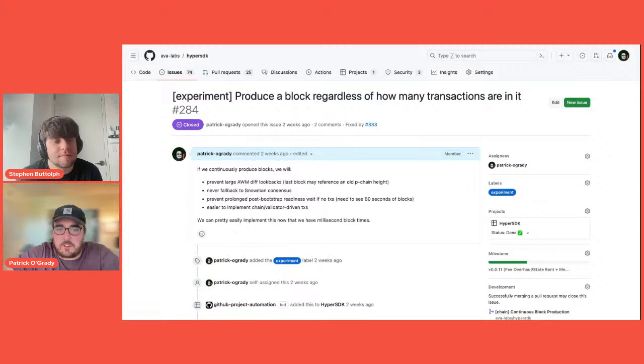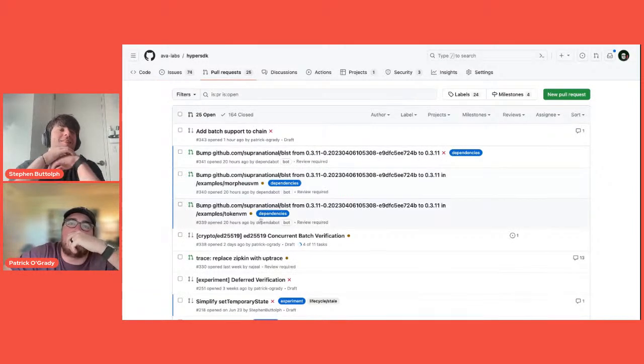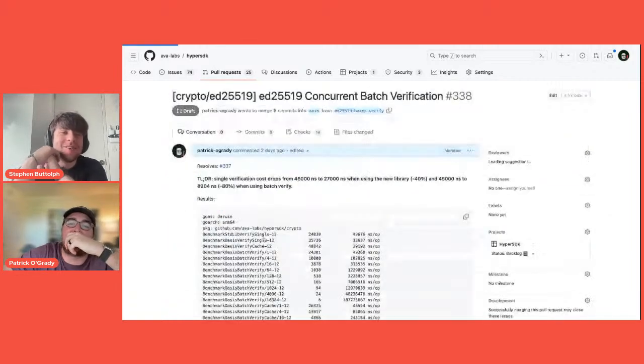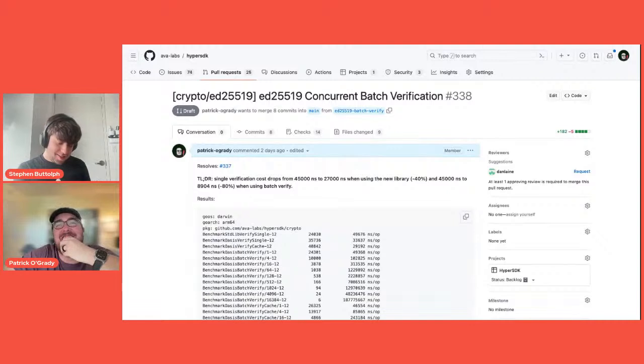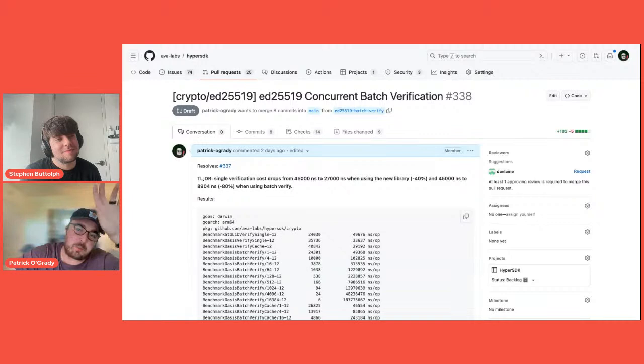And now the other thing that I've been spending my time on, which I think is way crazier. We're about to go down the rabbit hole, absolute rabbit hole. Is concurrent batch verification of ED25519 signatures. So this one actually, funny enough, started